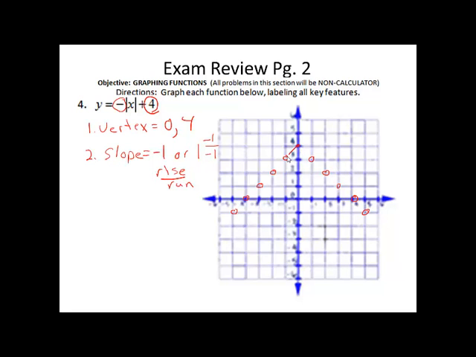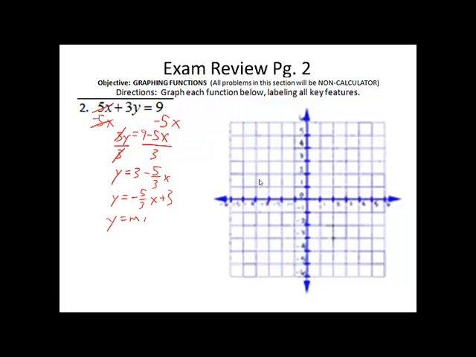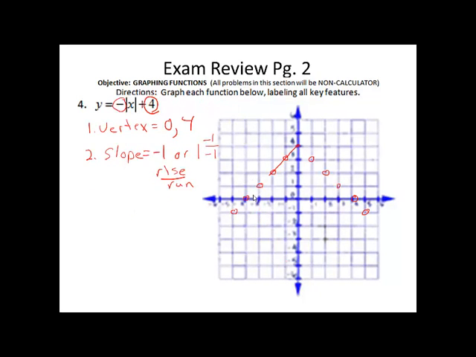And again, just do your best to connect those dots. And my pen's going crazy. There we go. We should put our arrows on there. And that is our graph for our function y equals a negative absolute value of x plus 4. Notice how when we have a negative, again, we are going to have the upside down v. If there was not the negative there, it would look just like this, except flipped over about that point 0,